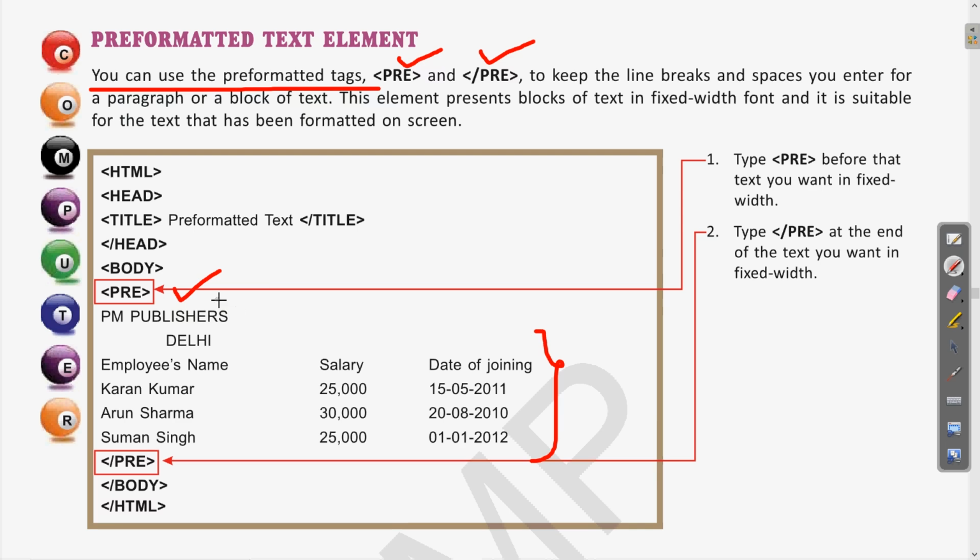Clear? So what is the use of this? The use of this pre tag is that whatever format you are using for writing within this pre tag, the same will be the appearance of this on the web page. Clear? So here we are not using any BR tag or the paragraph tag for these spaces or for the new line. Clear? So let us see the example of this and see how we are going to use this